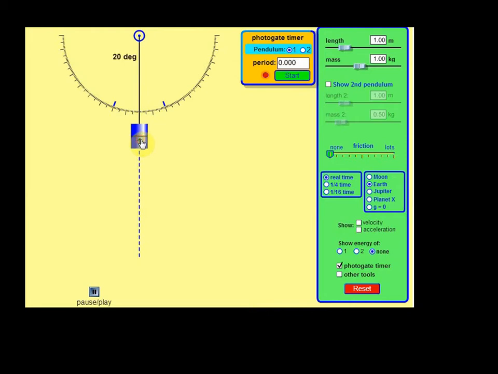Well, now let's move it and increase that amplitude. Does amplitude affect the period of a pendulum? We know it didn't affect the period of an oscillating spring. Does it affect the period of a pendulum? And you'll see that the time is pretty much exactly the same, a little over 2 seconds. So obviously the period is not affected by the